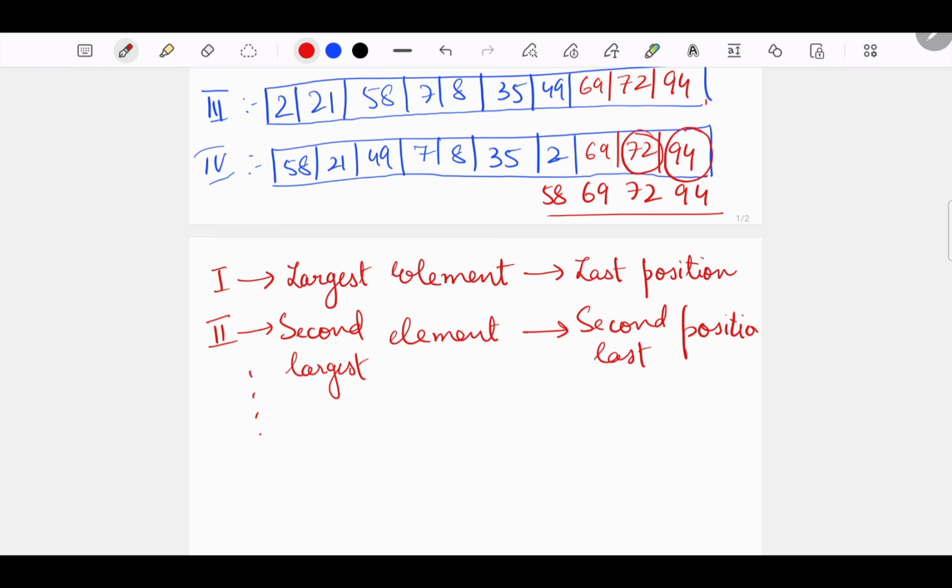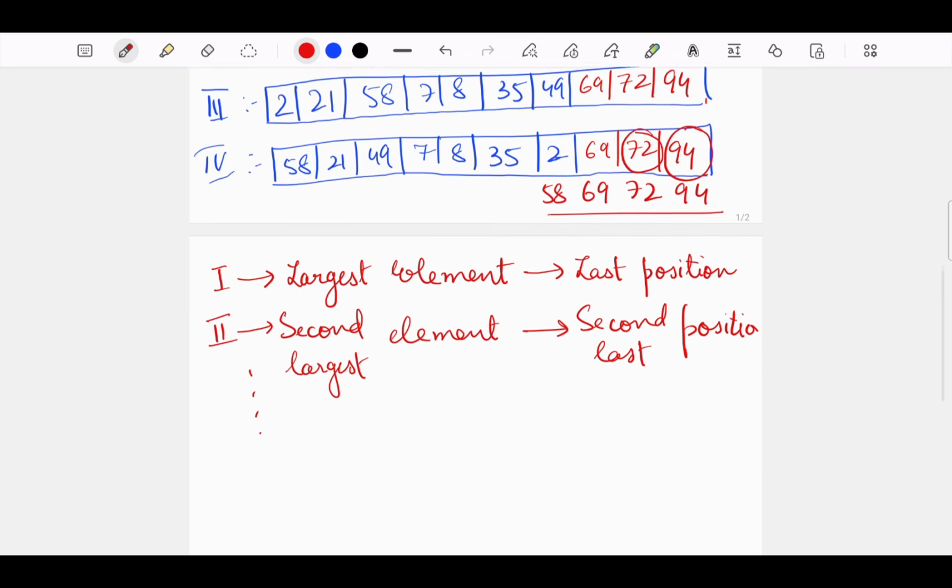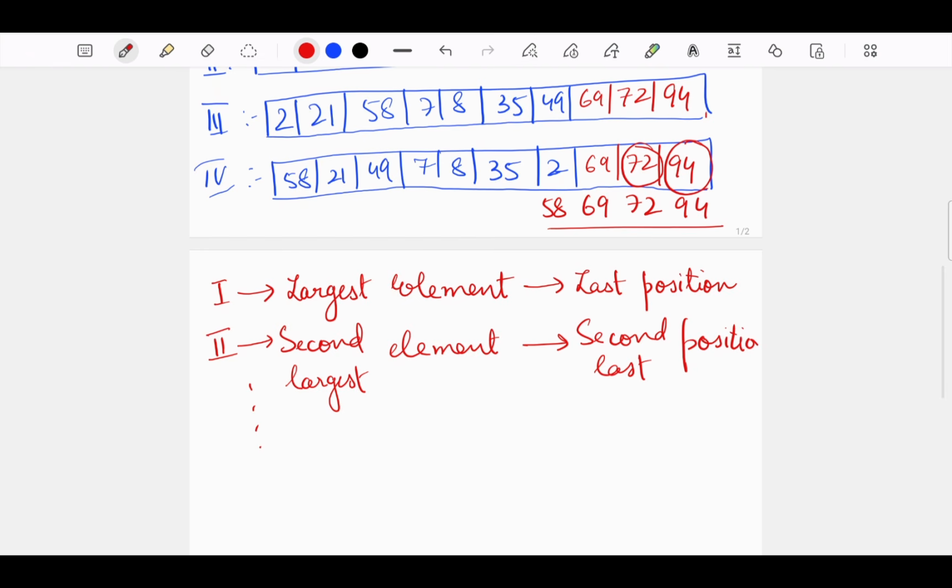So if there are n elements, we have to run this for n minus 1 times. Okay, now I think this is clear now how you can perform heap sort. Okay, I am not showing you the further steps, but I think you have understood how we are going to get a sorted list. See, this is the sorted list.